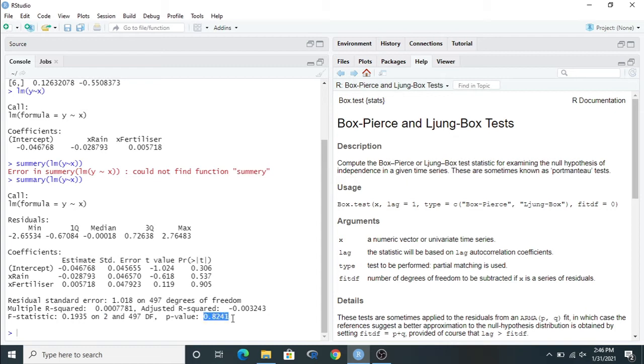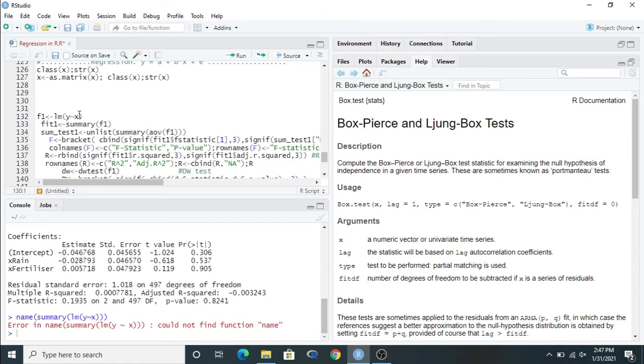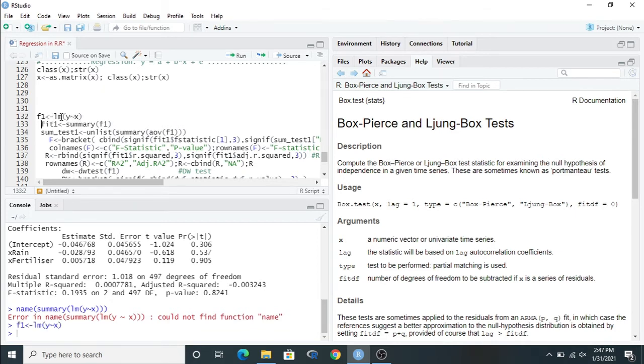Okay, so how can we extract all this result and arrange it in a data frame or matrix? First of all, we are going to store this function with the name f1. This is simply lm, y dependent variable, x independent variable, and we are going to store this inside f1. And we can also check what different elements are stored inside f1 by using the names function.